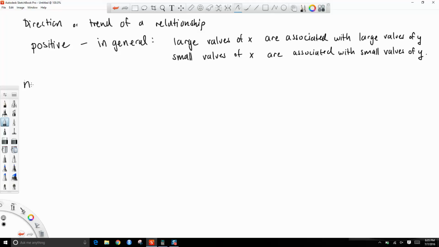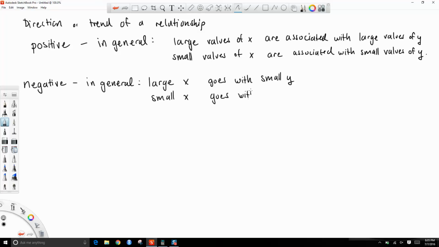A negative relationship, we flip things around. So again, everything is in general. In general, large x goes with small y, and small x goes with large y. Okay, I guess I could be more formal and write large values of x are associated with large values of y, but I think you guys get the point, right? Okay, so